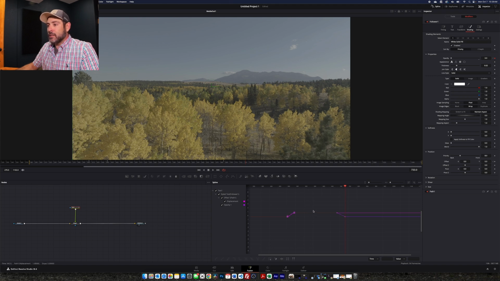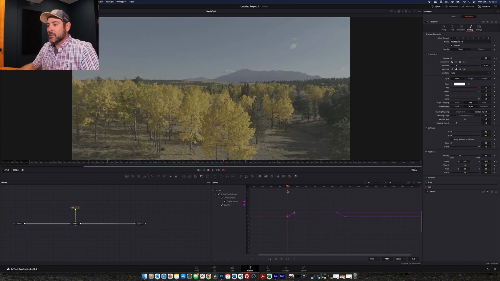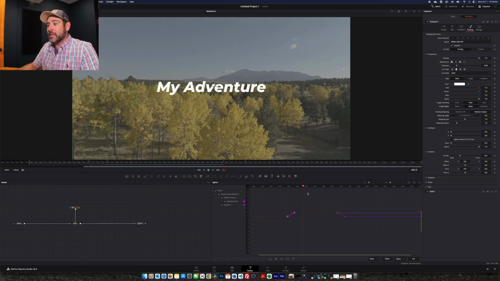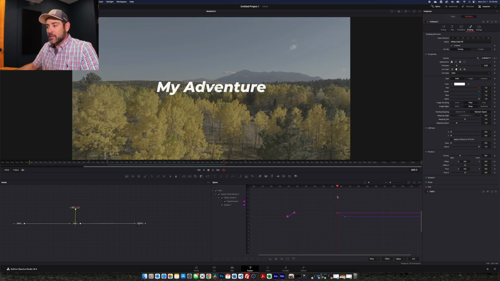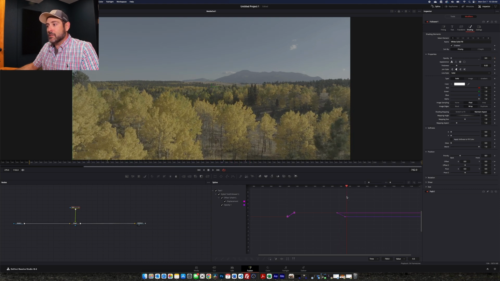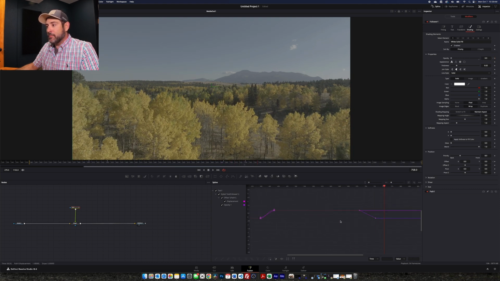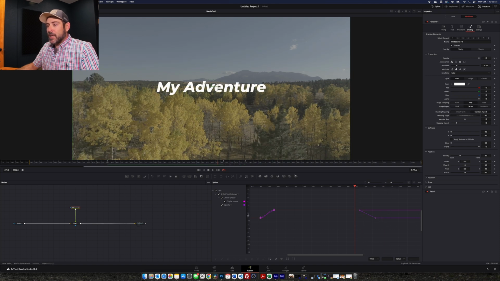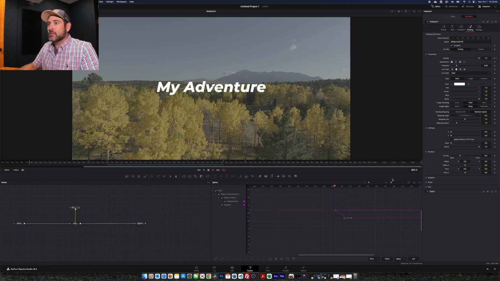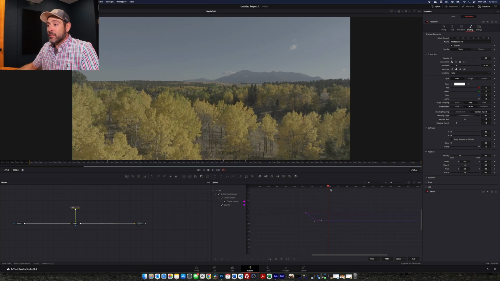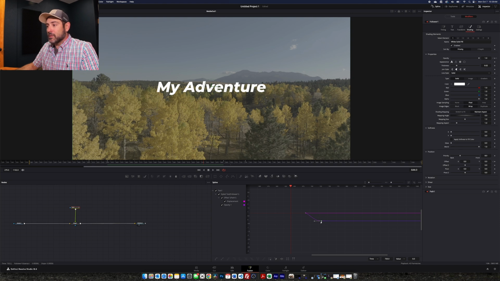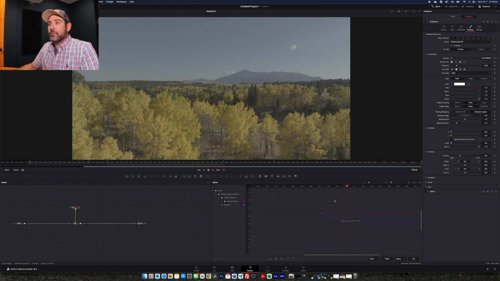So now you can really see in the spline editor how the opacity starts at 0, it climbs up to 100, and then it stays at 100 until we get to this keyframe, and then now it drops back down to 0 again. So it's really easy, not super complicated. And the last thing I'll do here is just add a little bit of an ease on this. The other great thing I really love about the spline tool is that you can select all of these things that you're working on, and let's say you want it to be a little bit longer. You just drag it out. So now we have a much longer fade